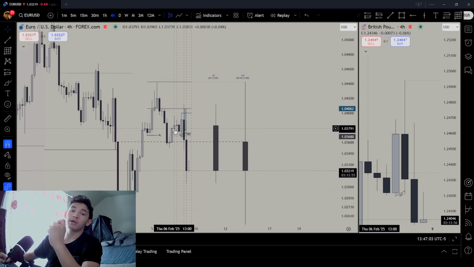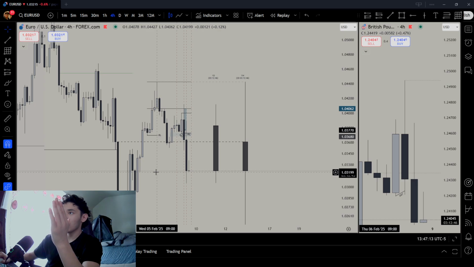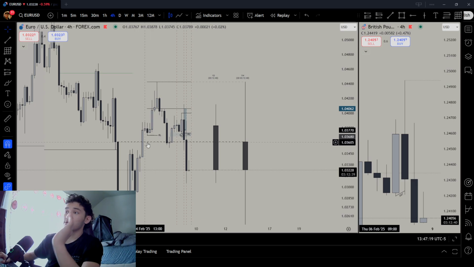But with the 50% mark of the range of the daily CRT or weekly CRT, usually there's always a CRT there, right? When the 50% mark of the CRT gets tapped, just go for the high. But if it has not been tapped yet, just go for the 50% mark if it's on Thursday or Friday, right?